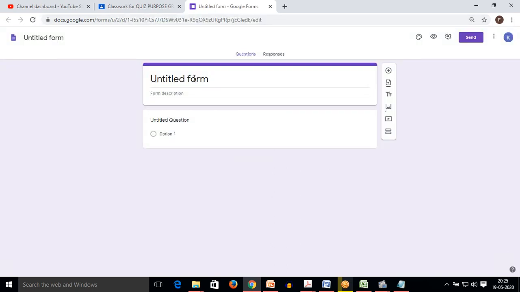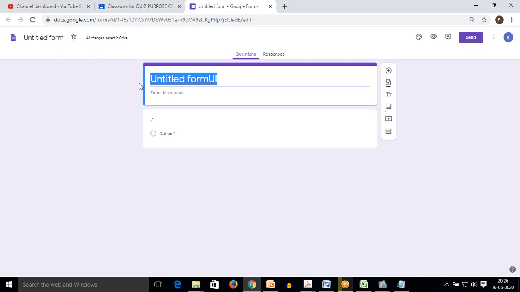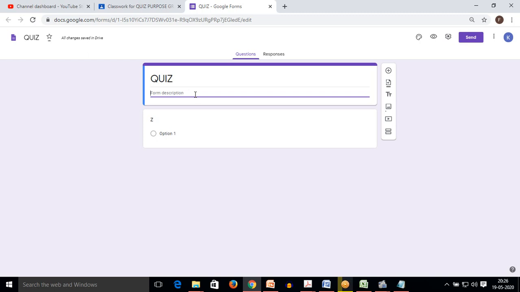You can see that I replaced the name, untitled form, with quiz, and the name can be replaced by quiz here also. Now I can add some kind of description also if needed.